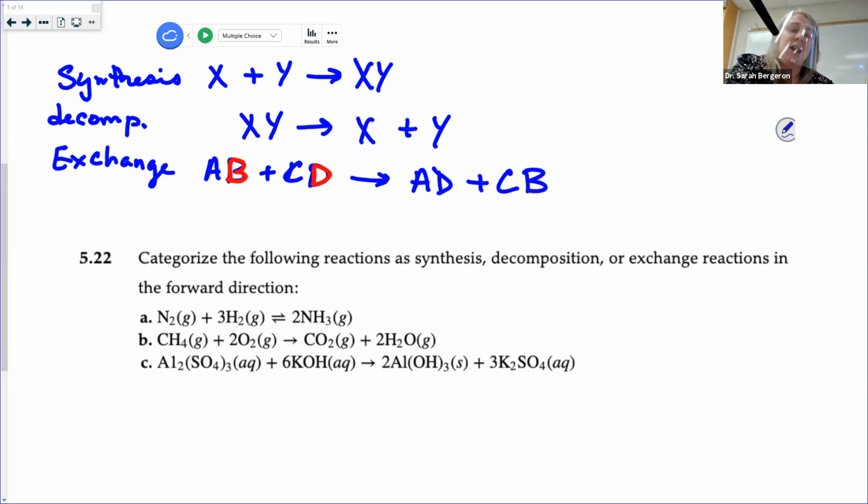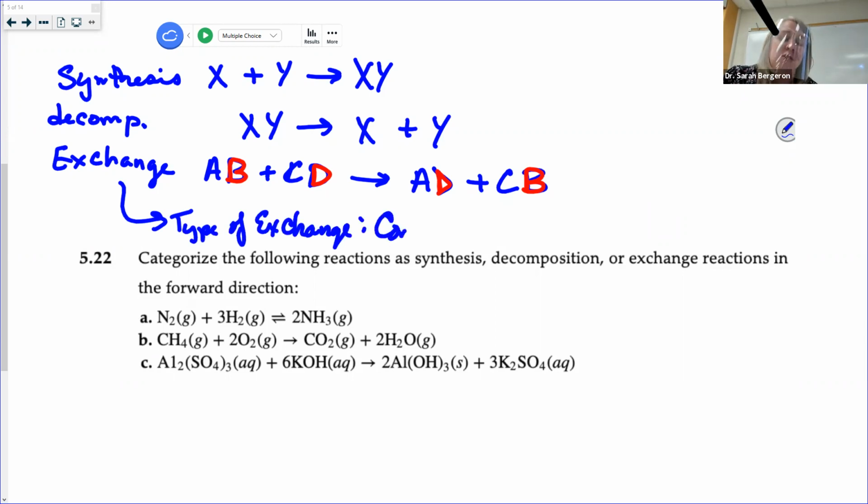B, right? So now I still have, here's my metal and here's my non-metal, right? So I still have a metal and a non-metal, a metal and a non-metal, a metal and a non-metal, a metal and a non-metal. So you'll see that a lot of times in exchange. There is a particular type of exchange that you need to be able to recognize. This type, so this is a type of exchange,